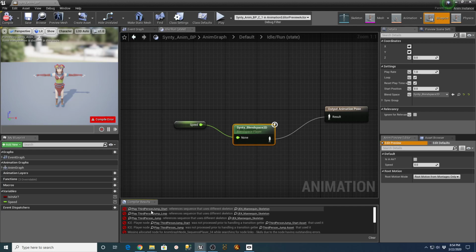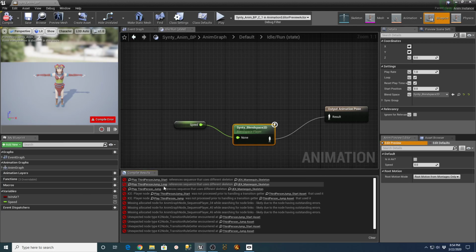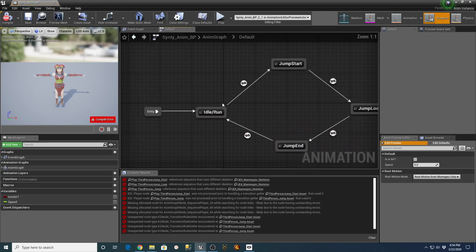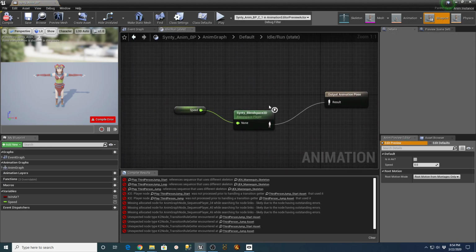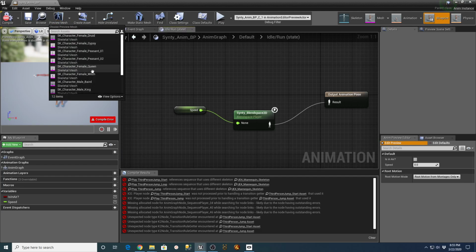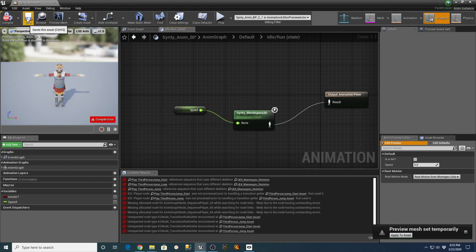And these other ones that we're going to have problems with are our jump start and our jump loop and our jump. And it should say the same thing here, start, jump, jump loop, all those things. Because in this anim graph, our idle run has the correct thing on it, but, and actually let's go preview mesh to the king and save that.